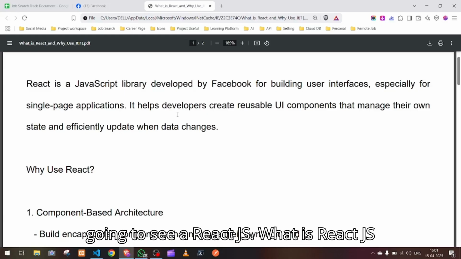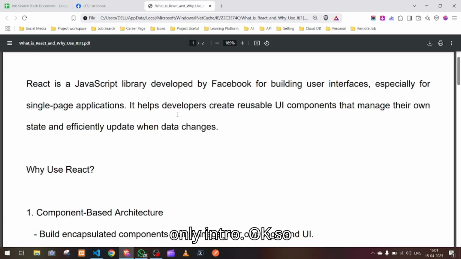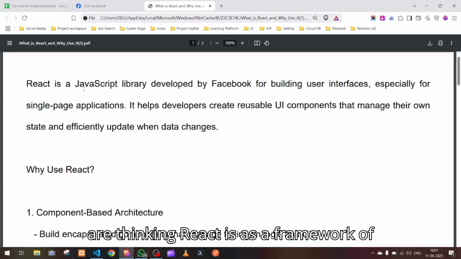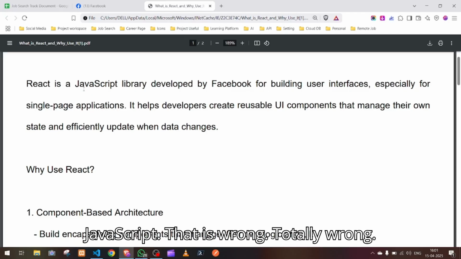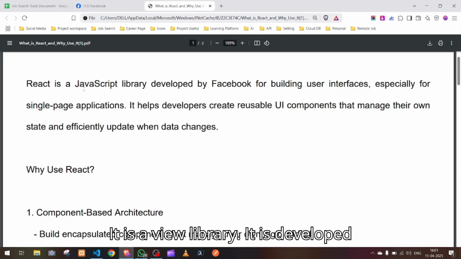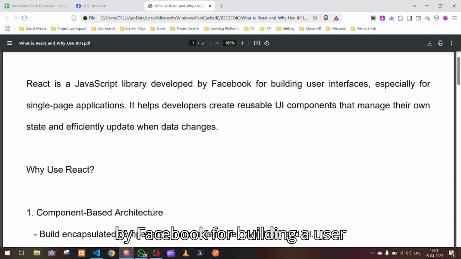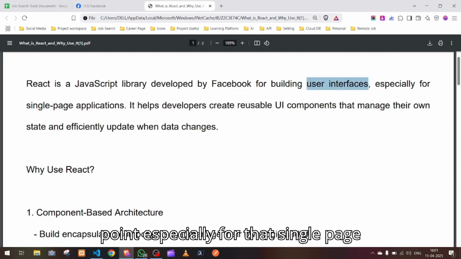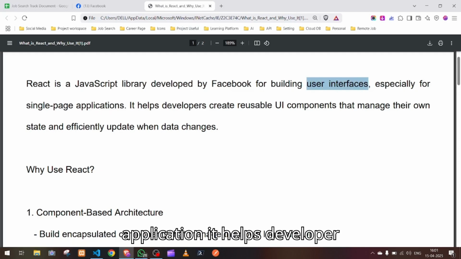In this video, we are going to see React.js. What is React.js? Only intro. Okay. So React.js is a JavaScript library. Most developers think React is a framework of JavaScript. That is wrong, totally wrong. It is a view library. It is developed by Facebook for building a user interface. Especially for single page applications, it helps developers create reusable